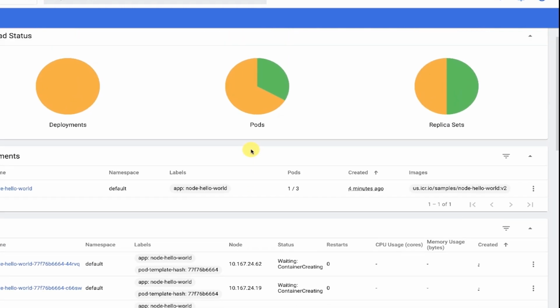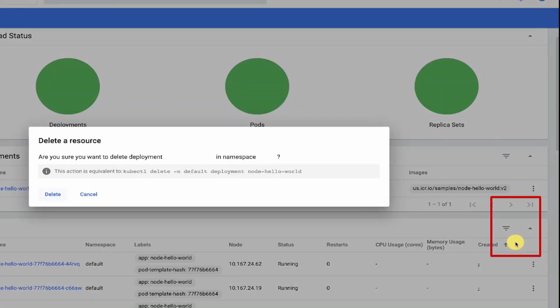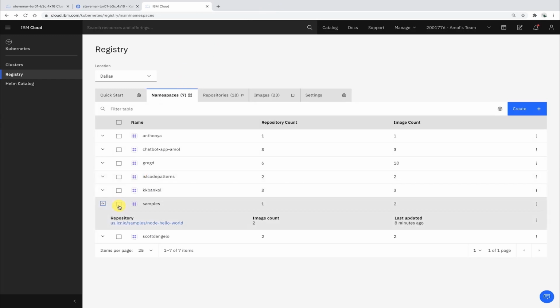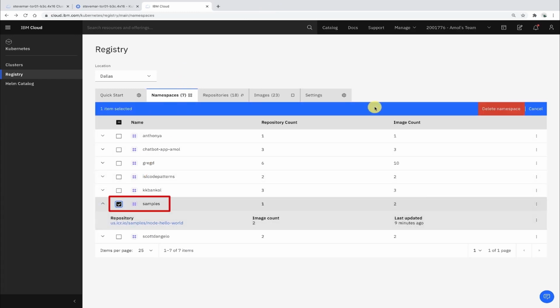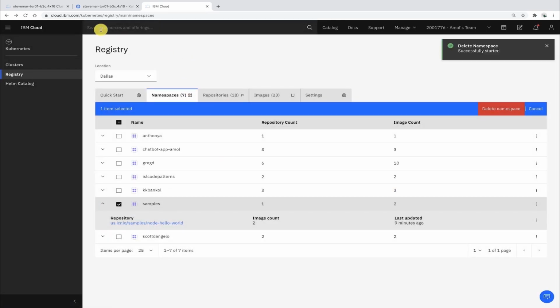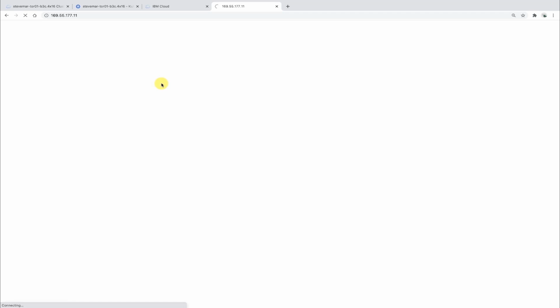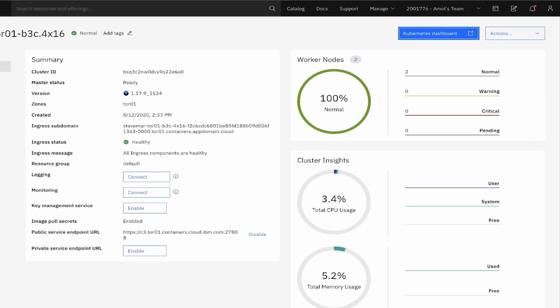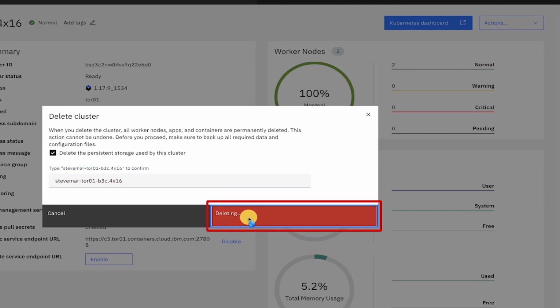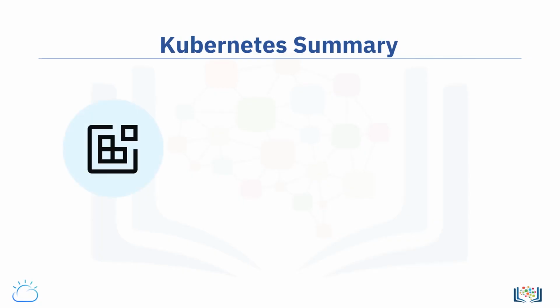And if you're done playing around, you can go ahead and delete your deployment. This will slowly start to tear down all the pods and deployment files. To delete any images that you've put in your image registry, you simply go to the IBM Cloud Container Registry and start deleting things. Refreshing the external IP that we were given shows that the application is no longer running. And to delete the cluster, we go to the cluster overview page and delete our cluster. And this is a basic example of an end-to-end use case of playing around with the Kubernetes service on IBM Cloud. Let's summarize what we've learned.